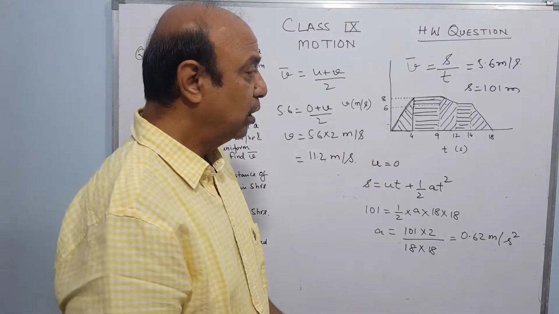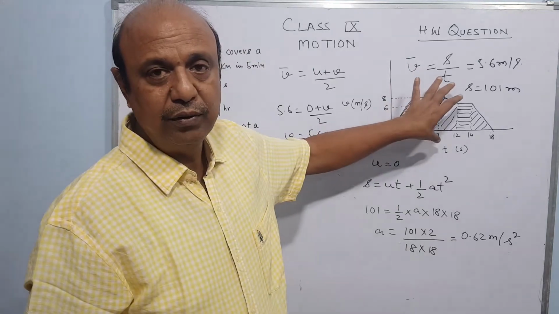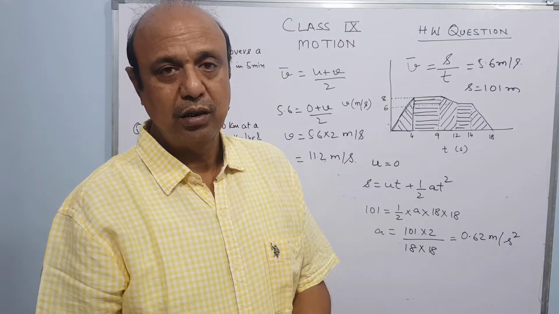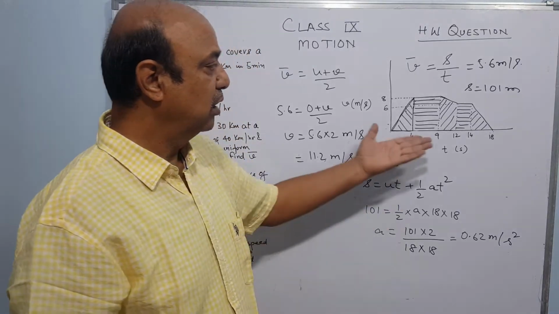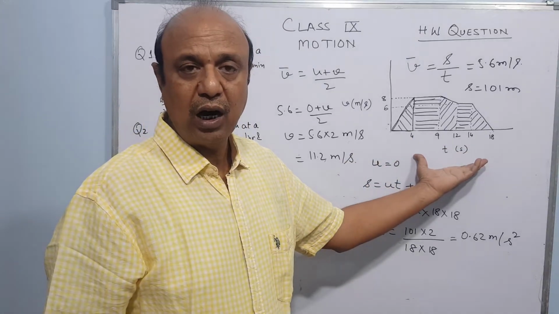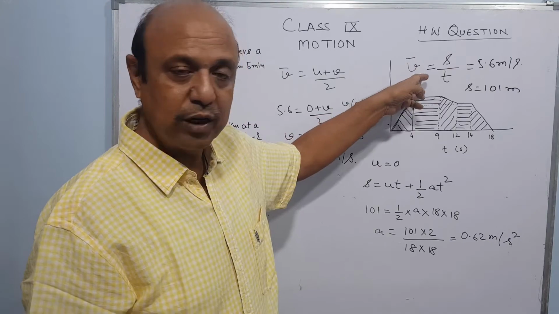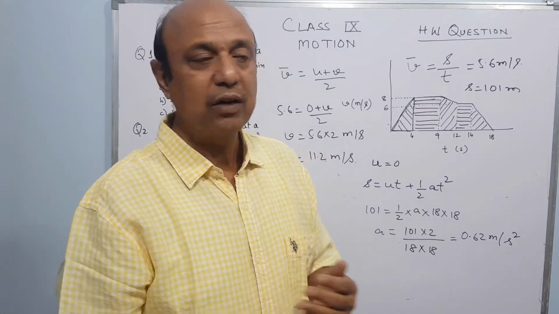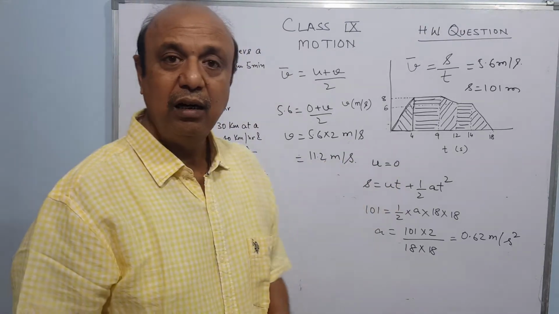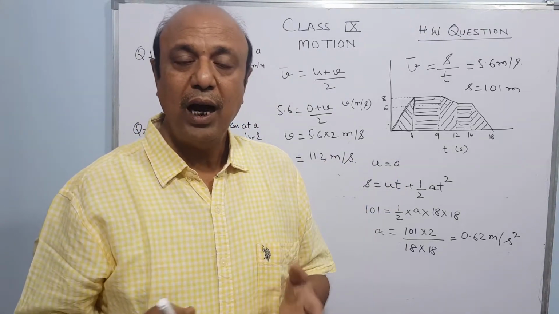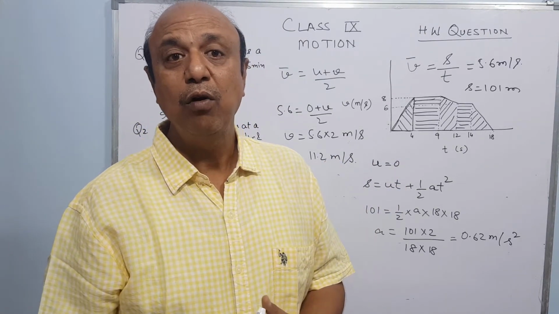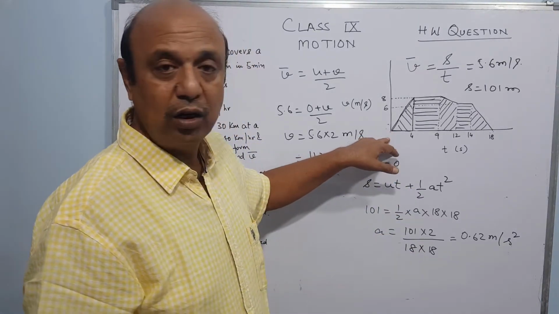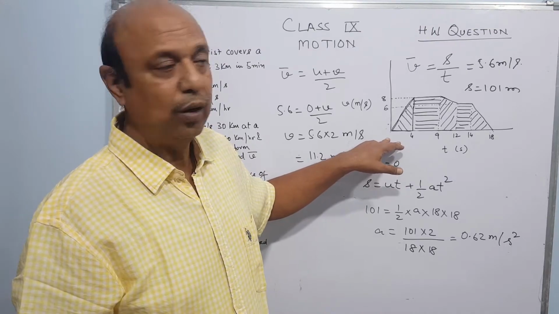So from one graph we can have many questions. A question purely based on the graph, like what we have done in the first part, manipulating it into the uniformly accelerated motions, and I could have asked you, had the vehicle been moving at a uniform speed, that means u is not equal to 0.